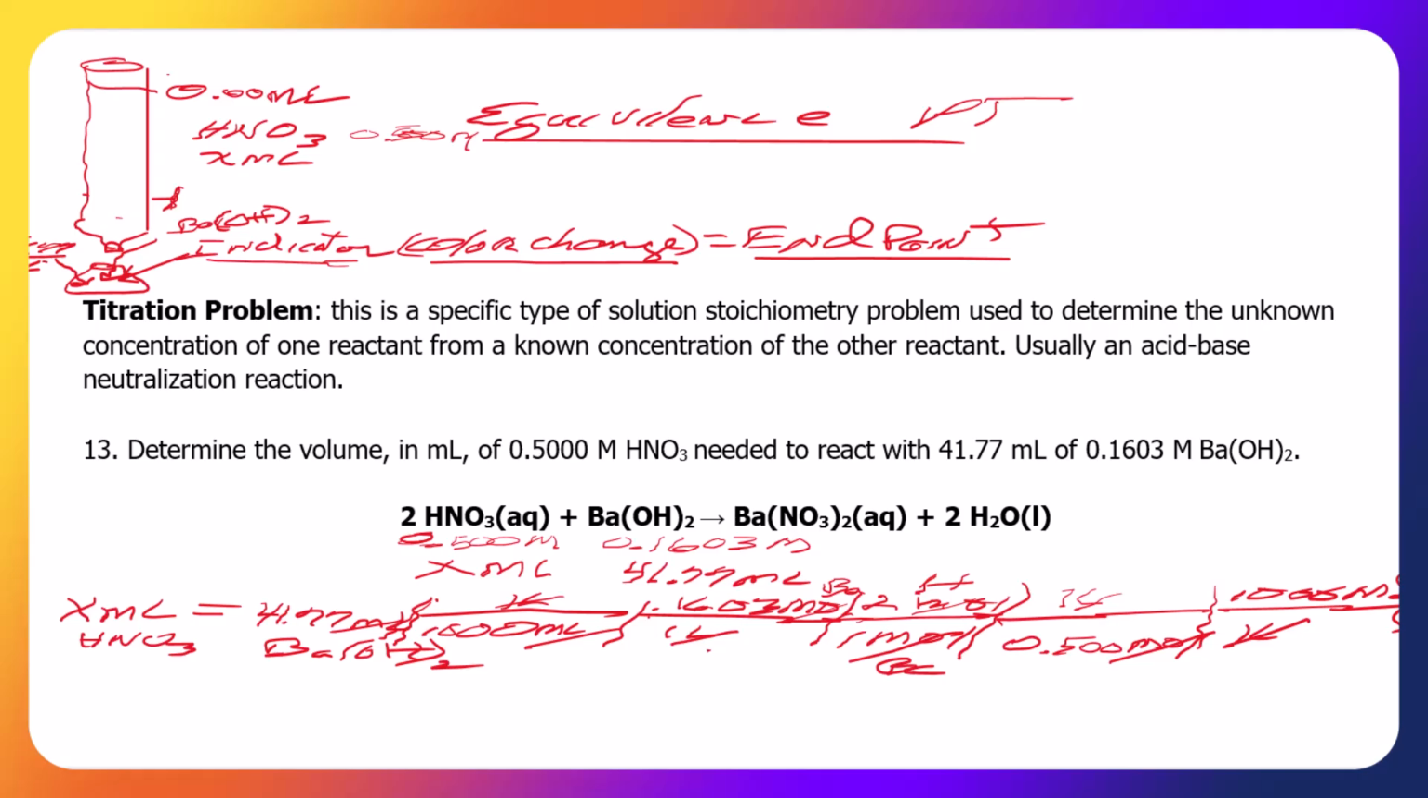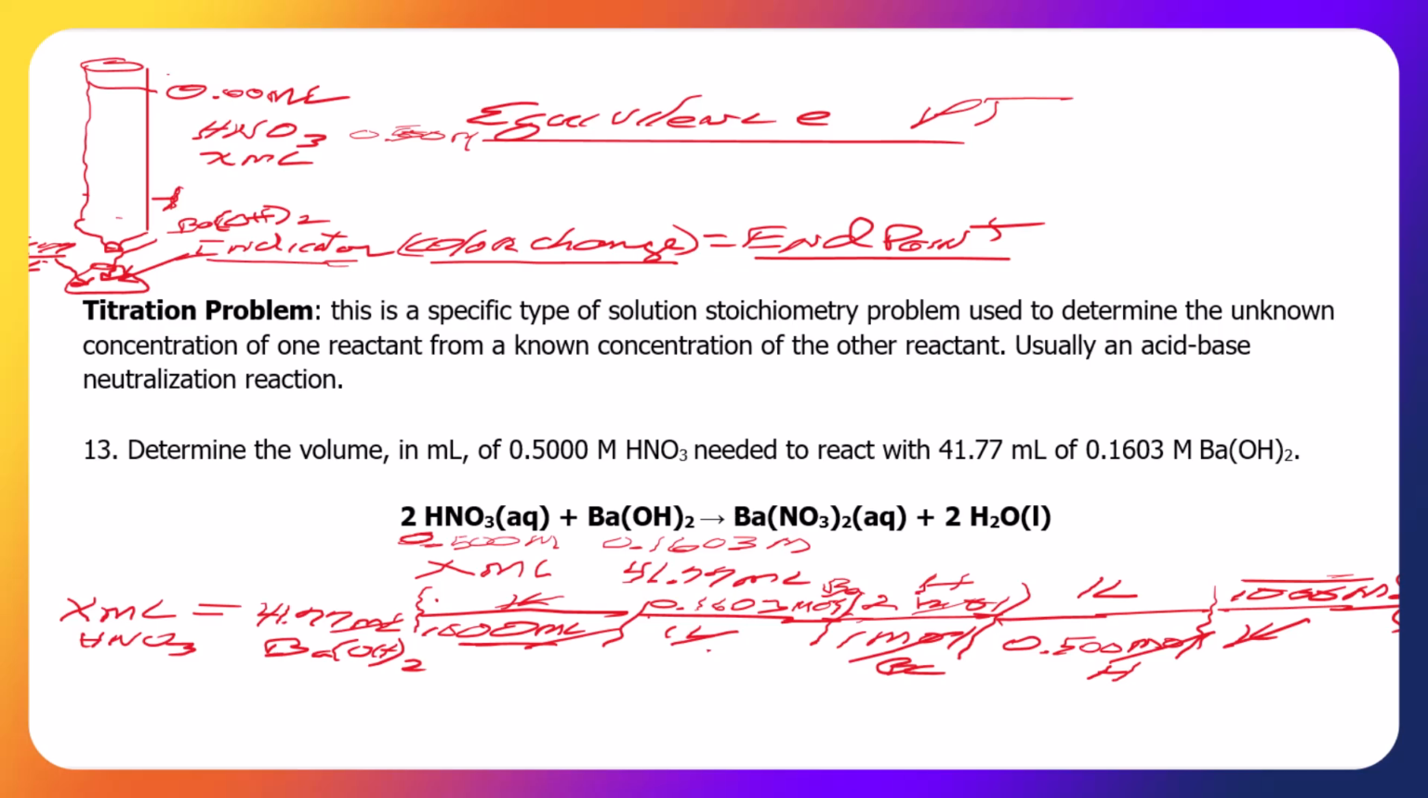Now, as far as putting this in your calculator, notice that you've got 1,000 milliliters way down here in the denominator and 1,000 milliliters up here in the numerator. I wouldn't bother putting that in my calculator because it's just going to cancel. So let's put it in the calculator. 41.77 milliliters of barium hydroxide times 1 divided by 1,000, but because I'm going to cancel the 1,000 at the end, I'm not going to put that in the calculator. So times